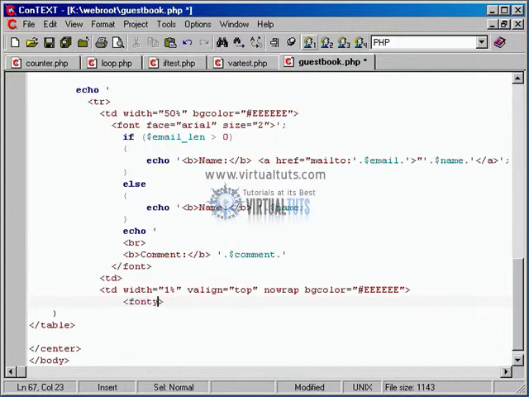Start another font tag. Set font. And five hours later, I actually echo out the date. And then finally, now, $, let's see,